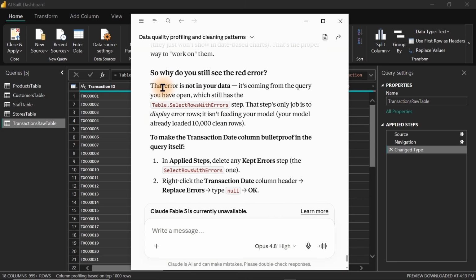So over here, Claude says the error is not in your data. It is coming from the query you have open, which still has the particular one. Okay, so now how do we treat it? To make the transaction date column